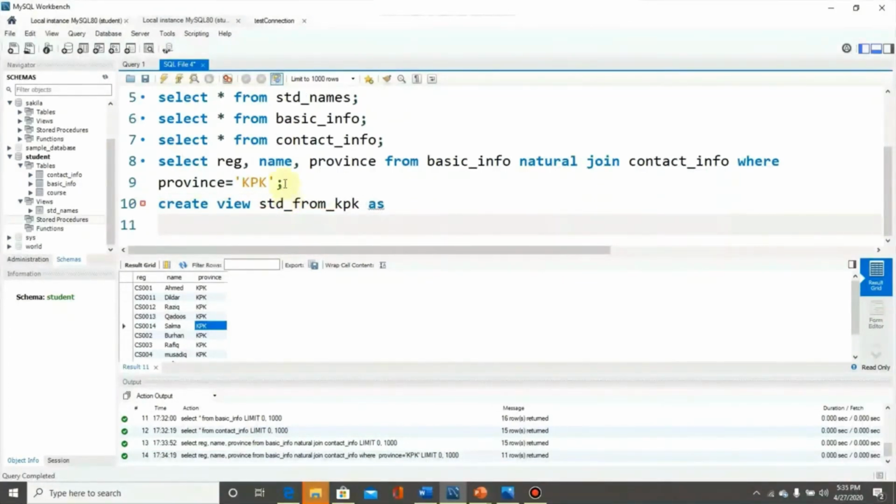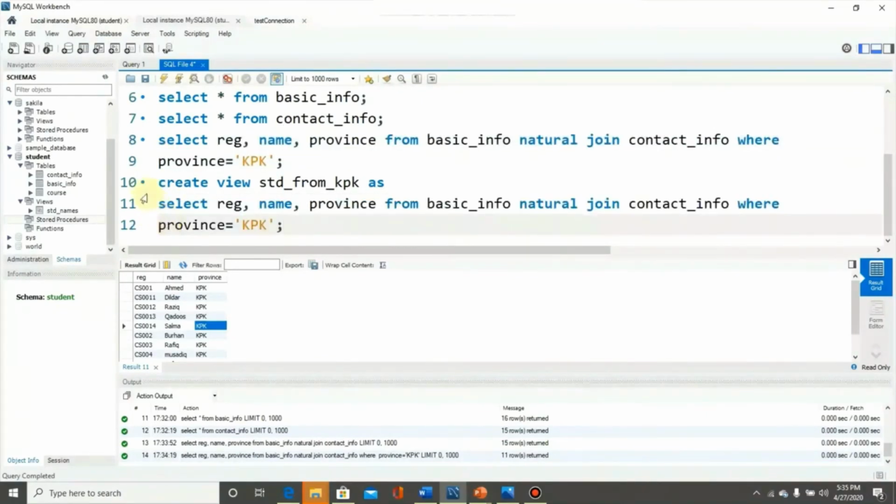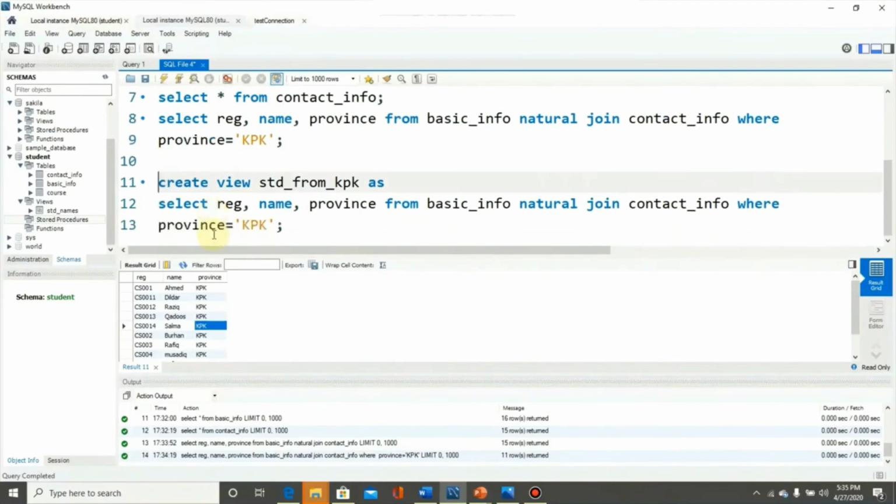After that I need this query to be used in this view. So I'm typing it here. So we have create view std from KPK as, then the select query we used for getting this list. We are executing it, Control Enter.